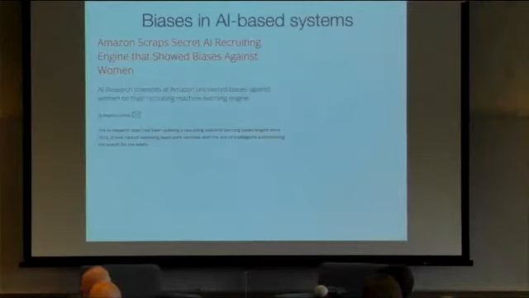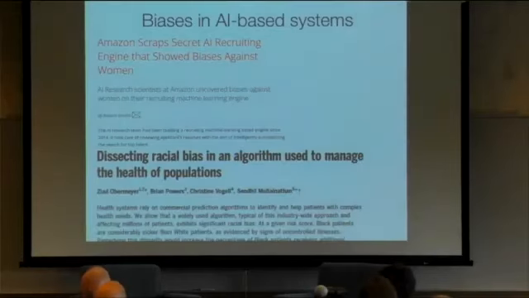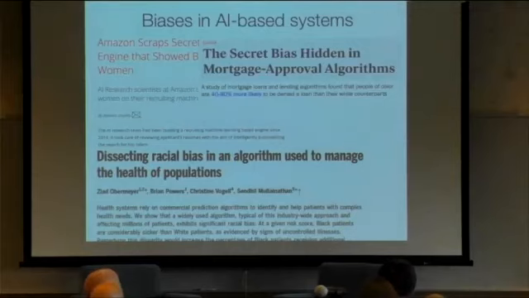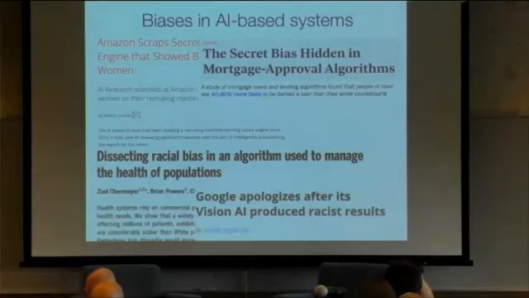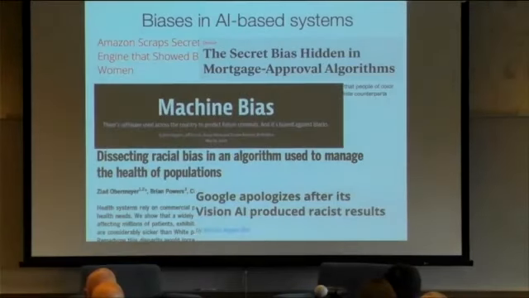And you all must have come across these examples where there are biases in, for example, hiring, where it has been shown that there were some systems that were biased against females, against different genders. In healthcare, biases were there with respect to different races. In mortgage approval algorithms, biases were seen with respect to races, and in even your facial recognition systems. And perhaps the most popular example was in criminal justice, where there was a system that was being used in the courts, and it was found to be biased against different races, right? So with all of this talk,